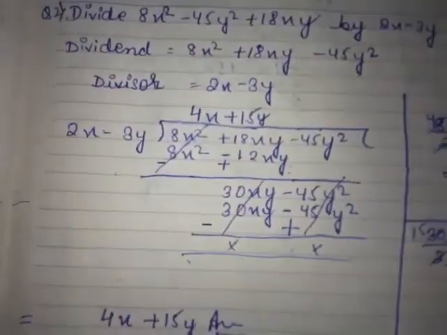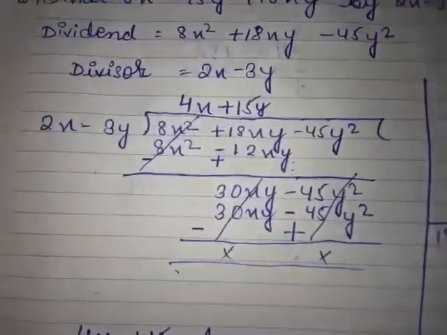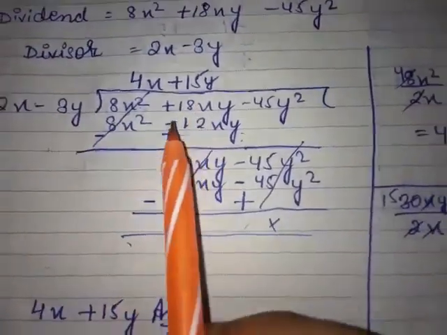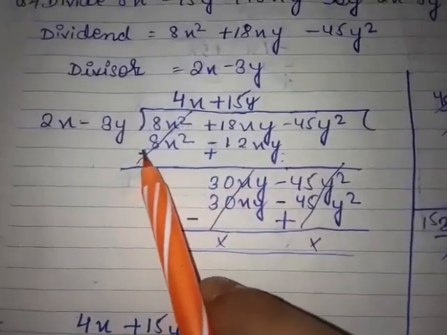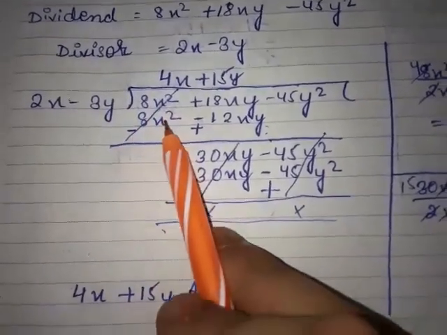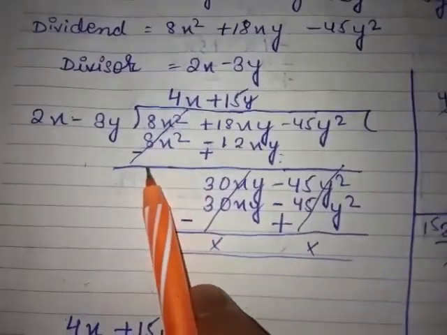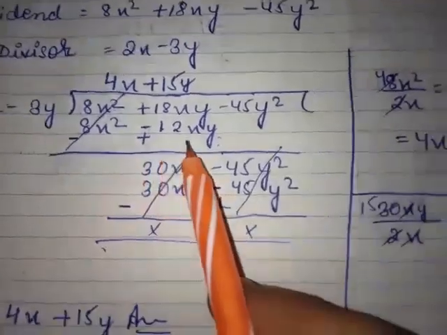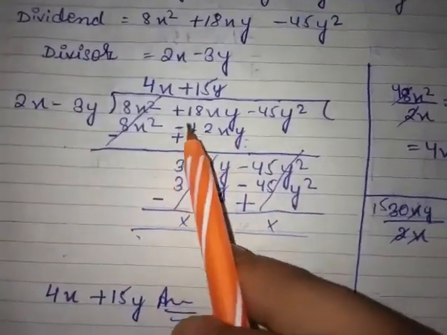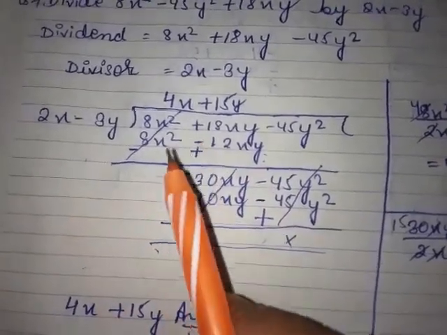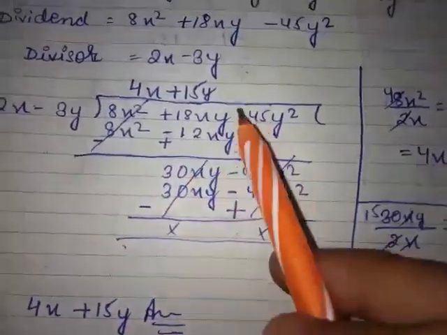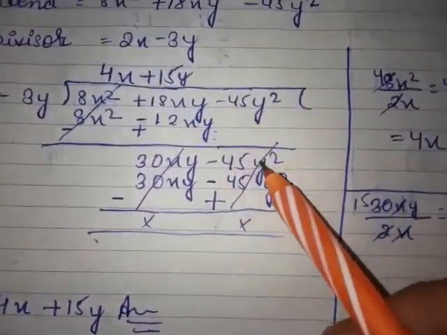Now we have to subtract the upper one minus the down one. When you subtract, the sign will change. Here you can see the sign was plus 8x square, minus 12xy. It will become minus, and here it will become plus. Here you can see plus 8x square and minus 8x square. As I told you, they are same value with different signs, so we can cut them. Now 18xy, this minus 12xy has become plus 12xy. If everywhere this same thing will happen, minus becomes plus and plus becomes minus. So 18xy plus 12xy gives 30xy, and this minus 45y square, as you all know, will come down.